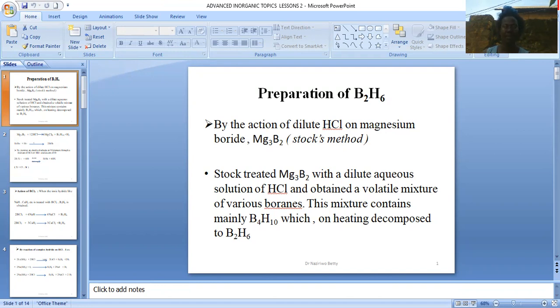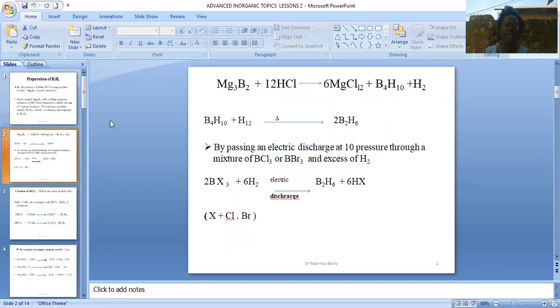These mixtures contain mainly tetraborane 10, and on heating, tetraborane 10 results in the formation of diborane. An illustrative equation is shown: magnesium boride plus the acid results in tetraborane 10. On heating tetraborane 10,